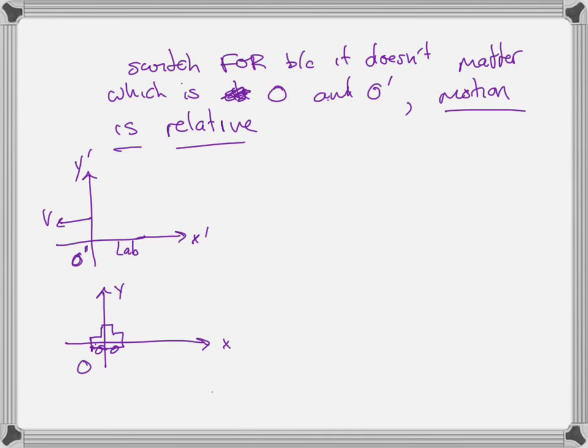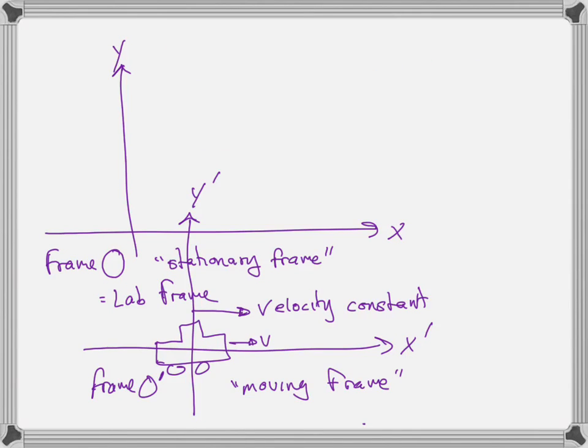If this was two cars, it would make more sense, right? Then we could talk about one car as being the stationary frame and one car moving forward, or the other car being the stationary frame and the first car moving backward relative to it. It makes sense either way. So let's go back to the original, where the lab frame is the stationary frame and the car is the moving frame.